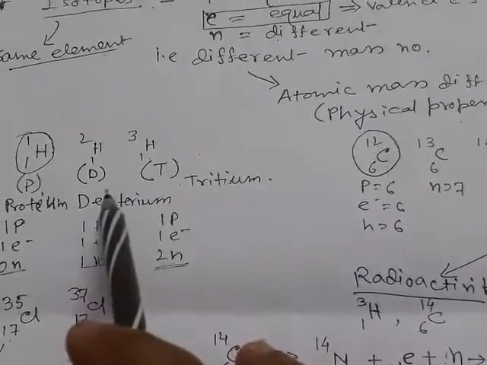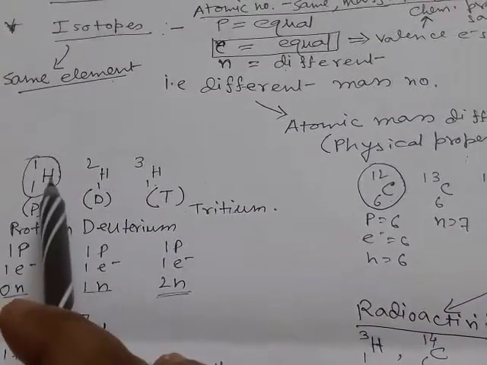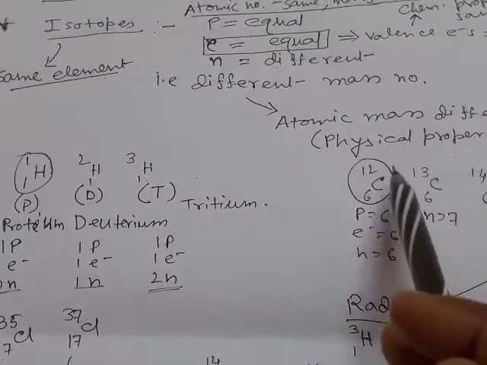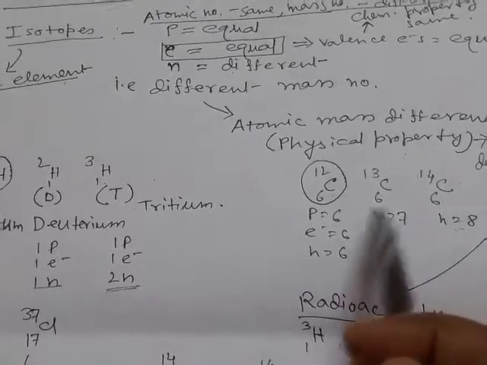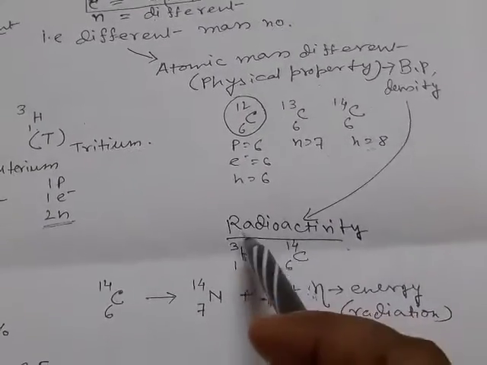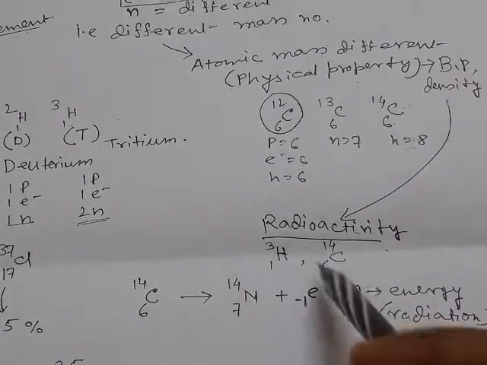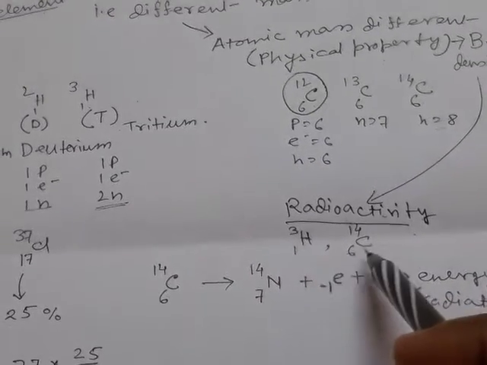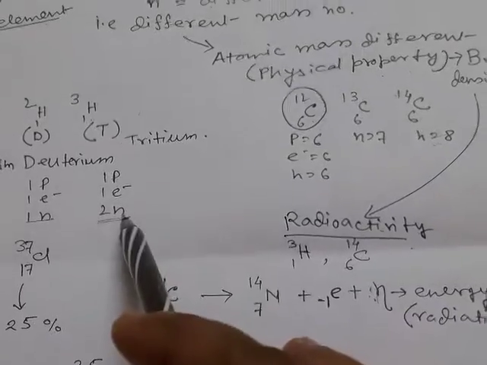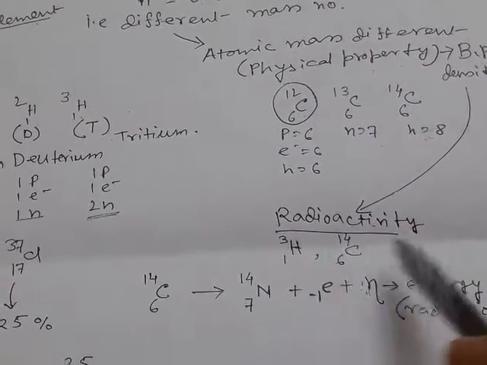So for them the atomic mass can be written as 1 for hydrogen, and 12 for carbon, as the other 2 isotopes are present in very small amounts in nature. Now another physical property is radioactivity. For tritium or C14 like nuclei, these nuclei have a very large number of neutrons. Here 2 neutrons, here 8 neutrons. So these nuclei are very much unstable.